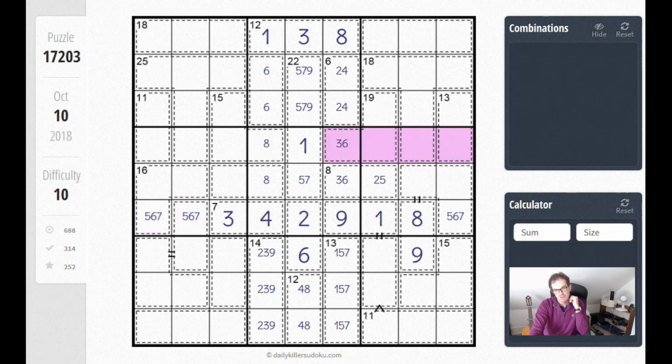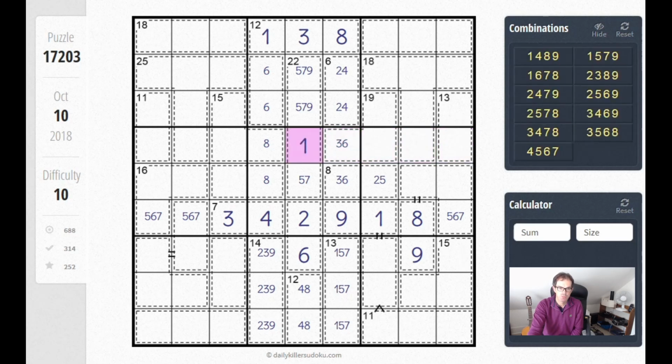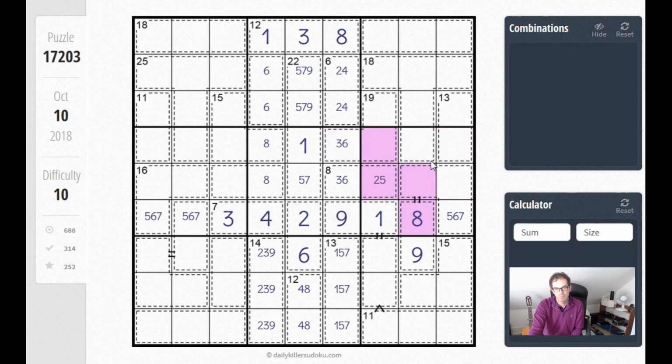And we have to remember actually these 4 cells sum to 20. Ordinarily not an interesting total, but quite interesting when we can't use the number 1. Because we have to think about where we're going to place a 9 in this 3 by 3 block. So let's just think about that for a second. Obviously the 9 isn't here, it's not here, and it can't be in either of those two positions. So there are 3 cells left that can contain a 9, and I suspect we can show that 2 of